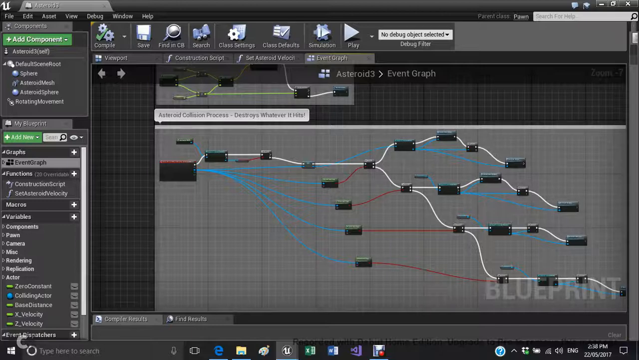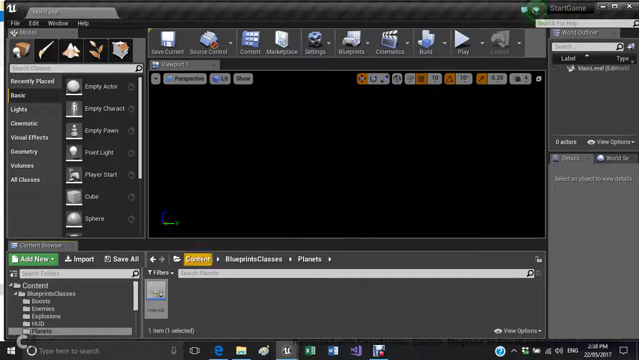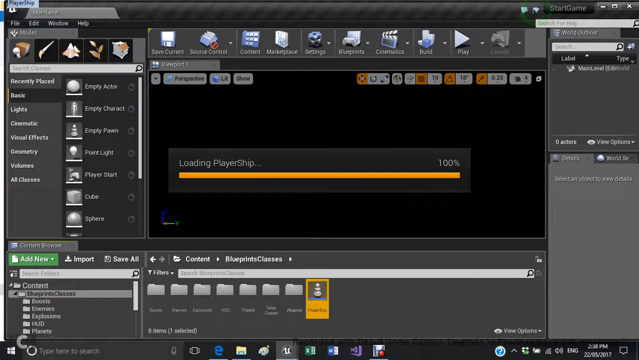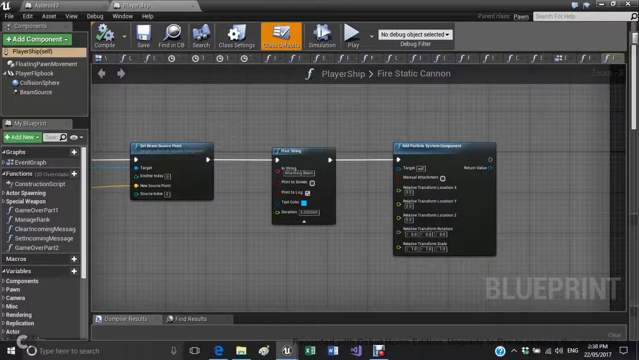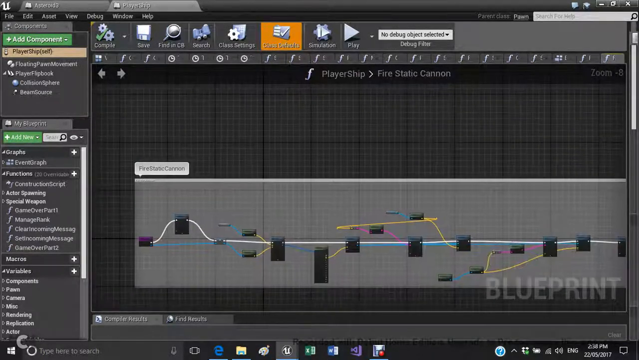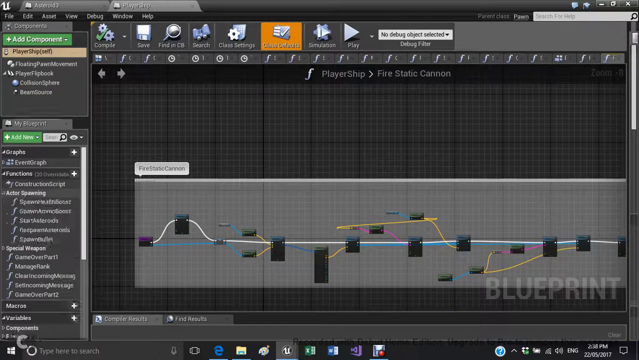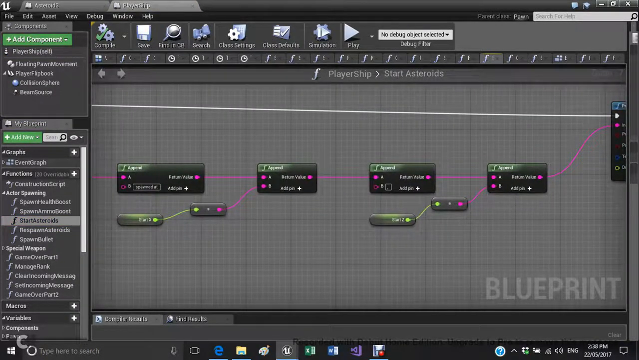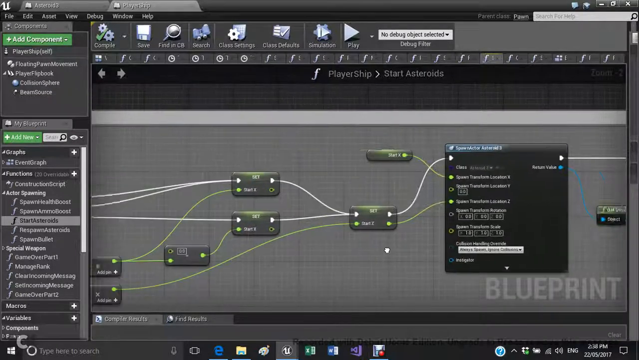the non-player actors. In terms of then collision with the player actors and how they are spawned, that activity takes place within the player ship itself. And what we have here is a process of starting the asteroids. Now, the